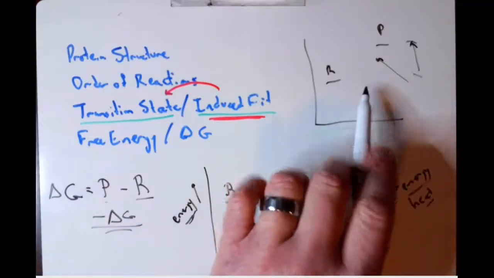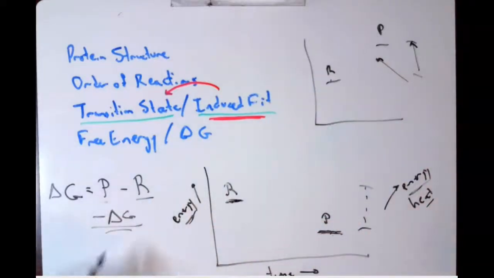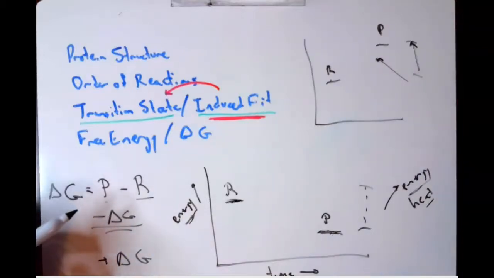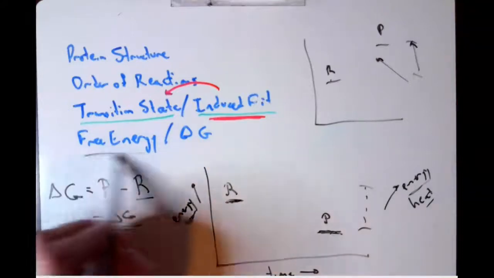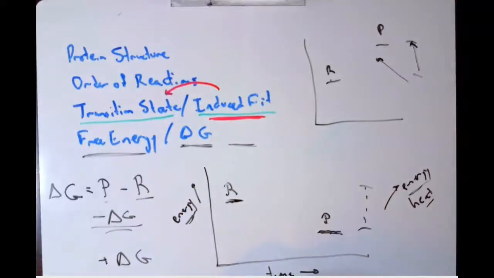If we go up here and we say, well, this is 8 and this is 4, well, 8 minus 4, that's a positive deltaG. Positive deltaGs require energy. They are not favorable. So we just tied this idea of free energy, deltaGs, to the spontaneousness or favorableness